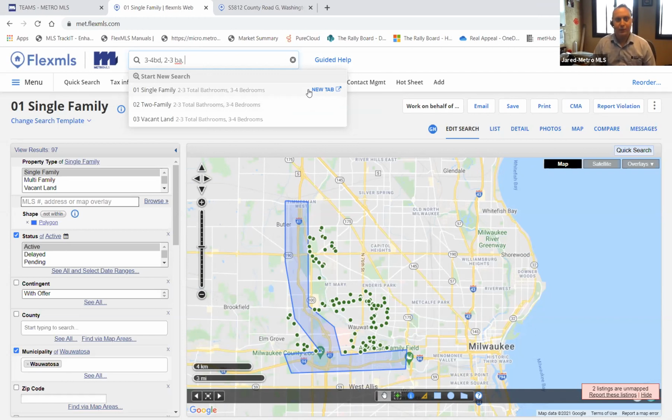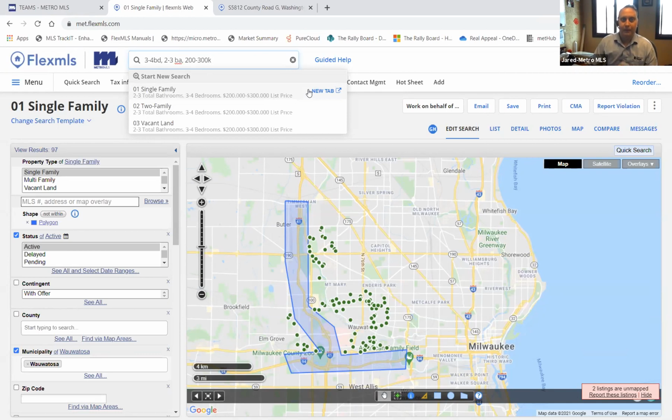Let's say I want to do 200 to 300,000. So I could again type out that full price range, or I could just type 200-300, put K to indicate the 1,000. You'll see it's filling in all that in that template for me. While I can't search on every option in the system, most of the main fields I'm going to be able to search on. One thing that's important to note is that when you're searching on municipality, and I'm going to